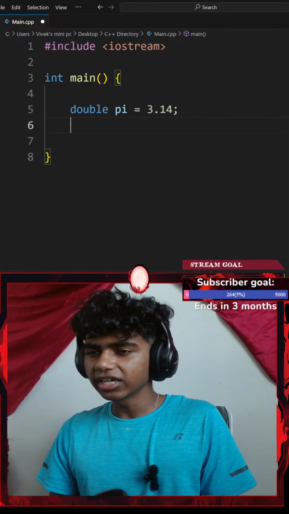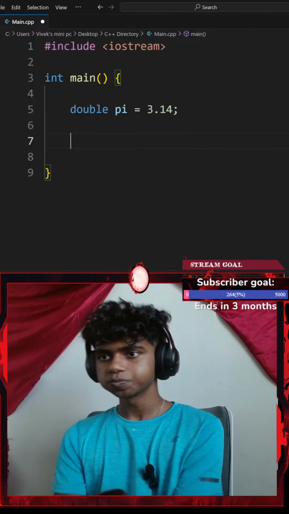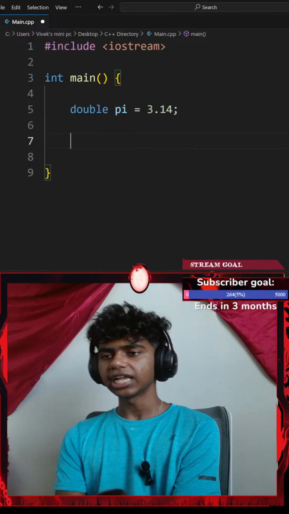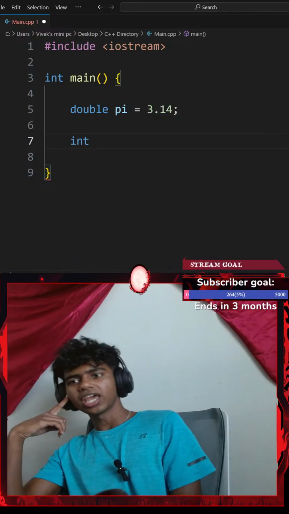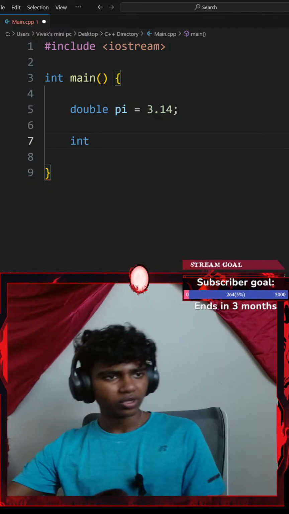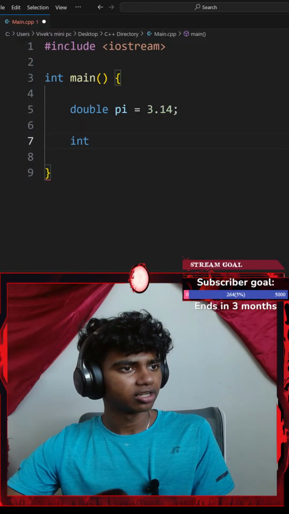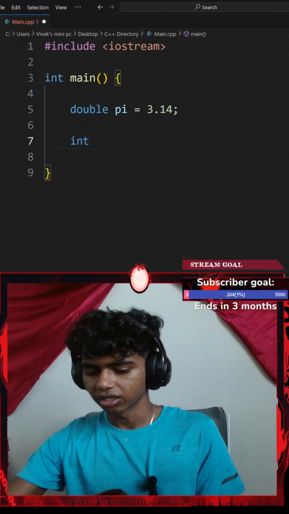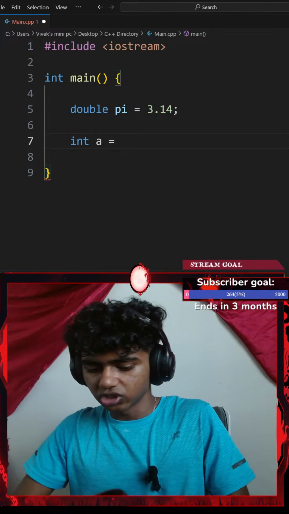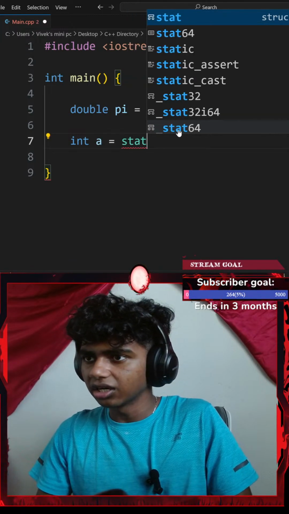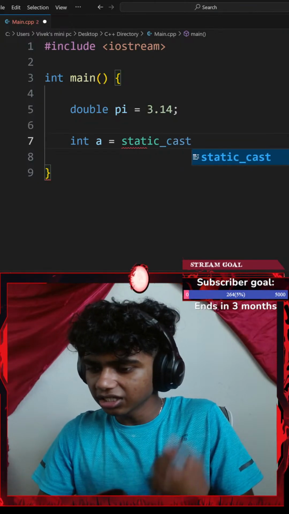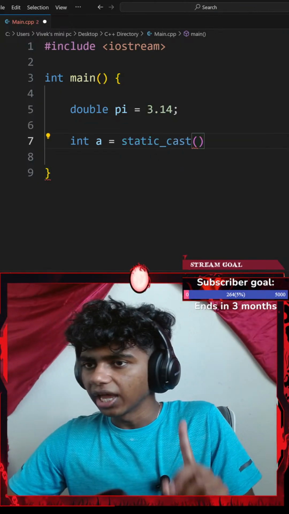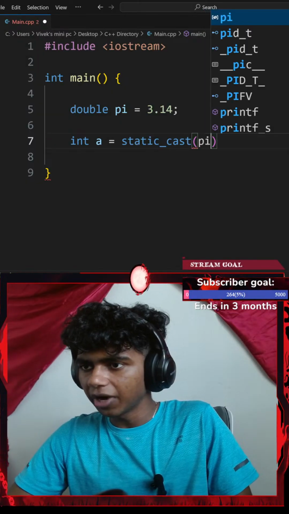Okay, and then I go with an integer. Let me check. Okay, so it is int a. int a equals static_cast. Okay, so static_cast. There we go. I want to static_cast my pi.